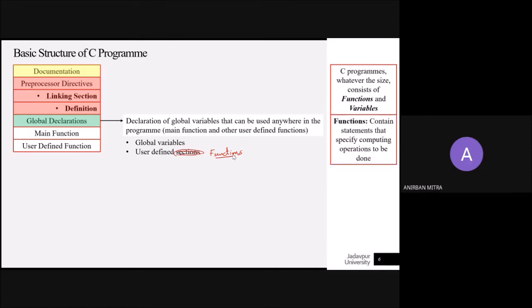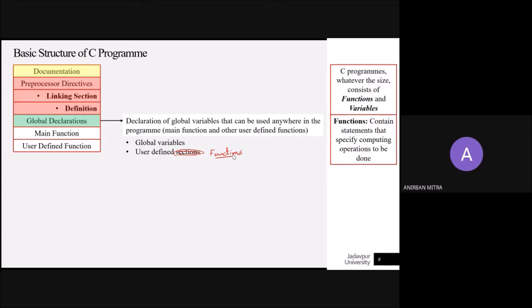Now we come to the main function. Before we discuss the main function, let me say that C programs, whatever their size, consist of mainly two things. One is functions, the other is variables. Functions contain statements that specify certain operations that are to be done.